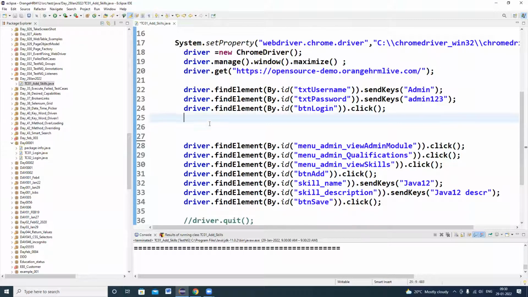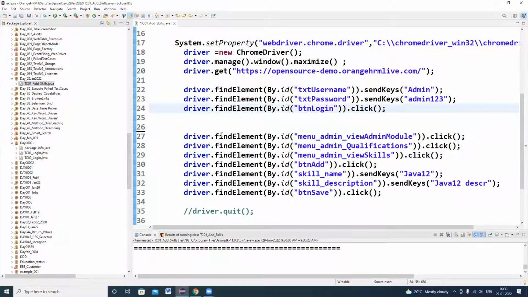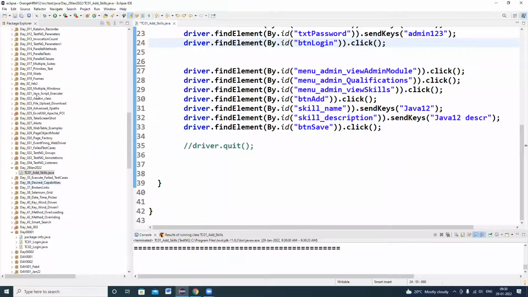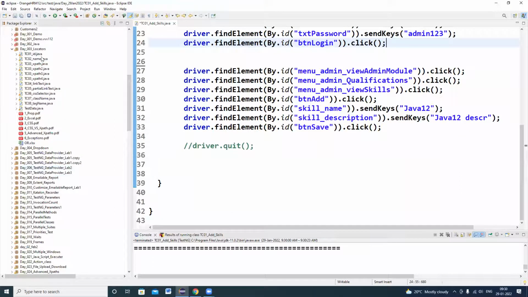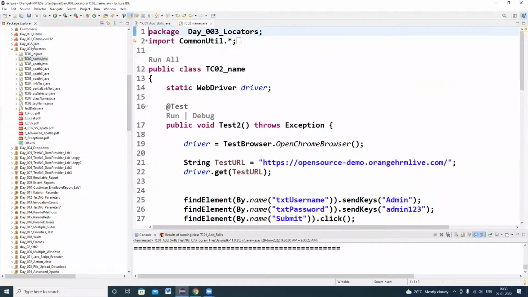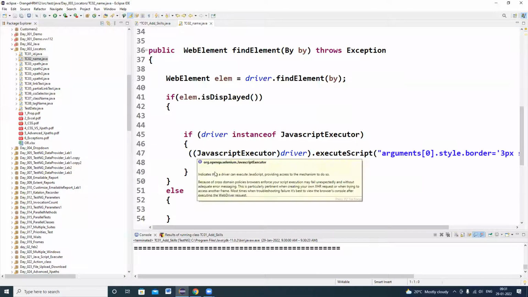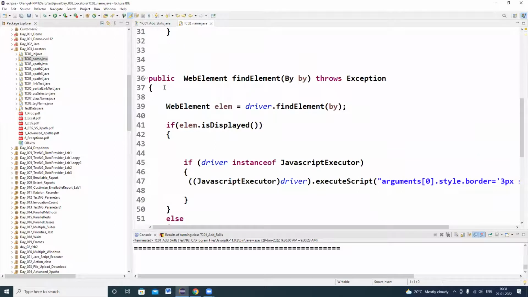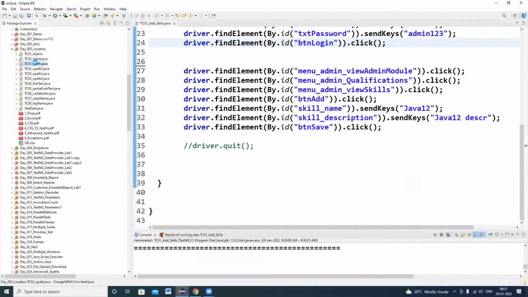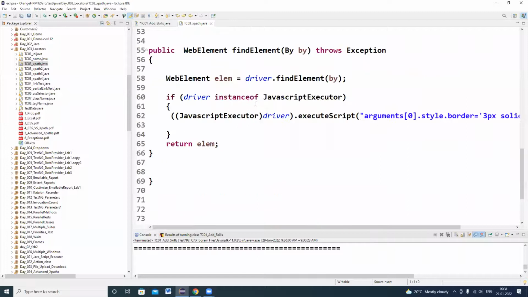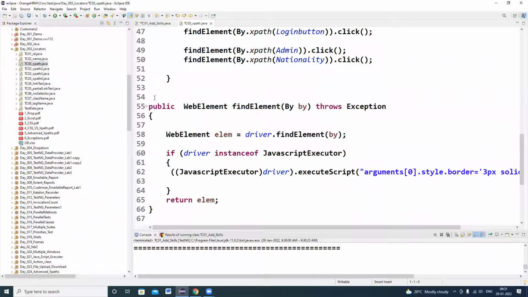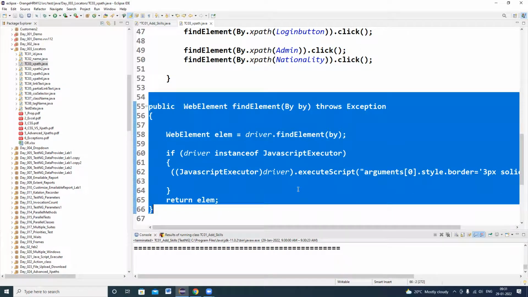Okay. Now here in my set of driver instructions, the web element border is not highlighted. So I'm going back to any of the programs here, day 2 or day 3, you can refer to any of the programs. The highlighting of web element border method will be there. So, okay, one second. Okay, so the highlighting of the web element border method, I'm taking a copy. Starting method and ending method, the curling bracket, and I'm doing Control C.